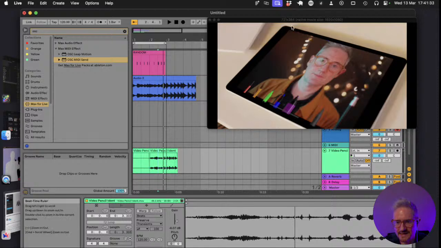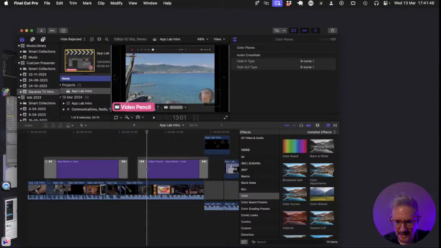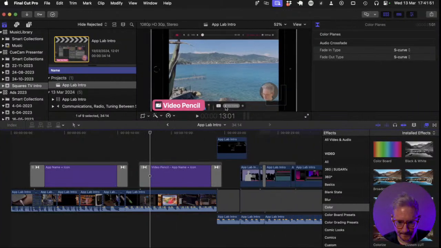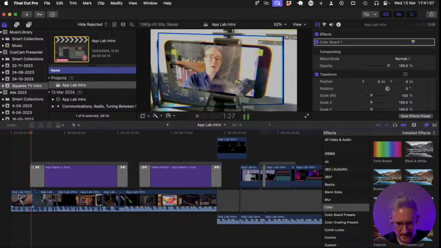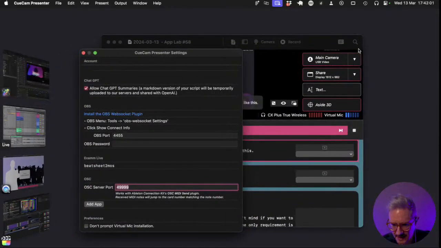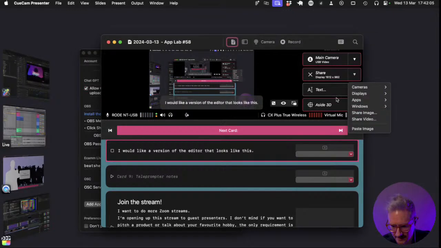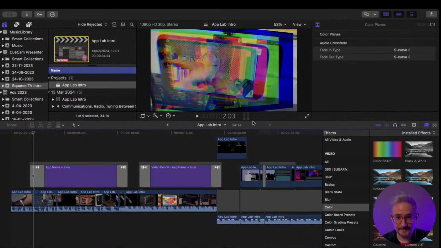And then add in a little bit of extra sound if something's happening on the screen. So I did most of the video clip sequencing in Ableton, and then the final stage is to render that out and bring it into Final Cut. Now, I'll share the Final Cut window properly so that we get a sound. Where is it? Apps, Final Cut. So if I share the Final Cut window,